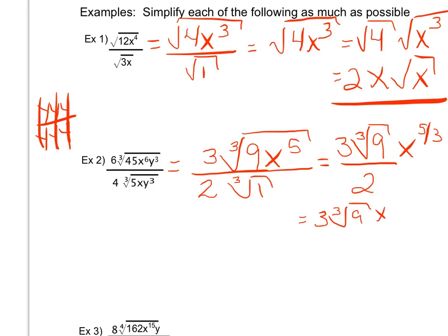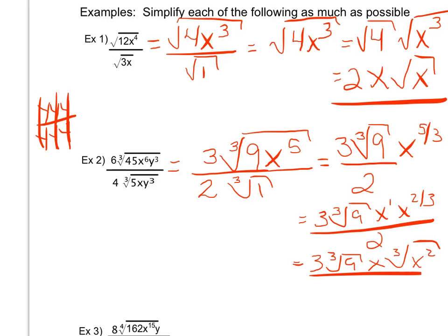3 goes into 5 one whole time with 2 left over, all over 2. Well, x to the 2 over 3, if I want to change it back to radical form, my numerator stays as the exponent. My denominator becomes the index on my radical, giving me 3 times the cube root of 9 times x times the cube root of x squared all over 2,